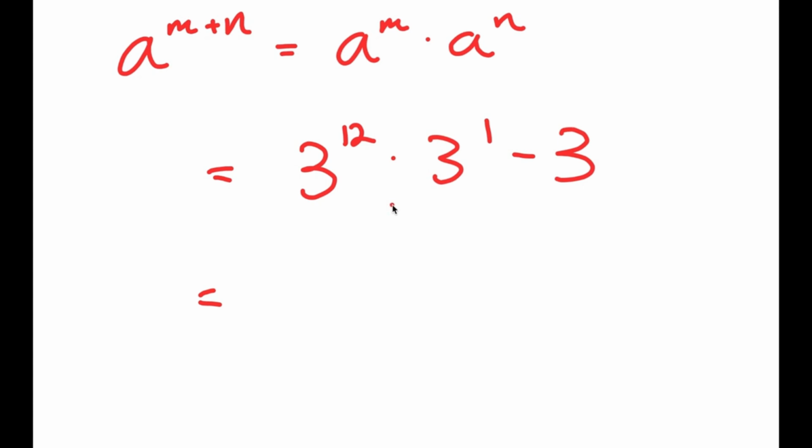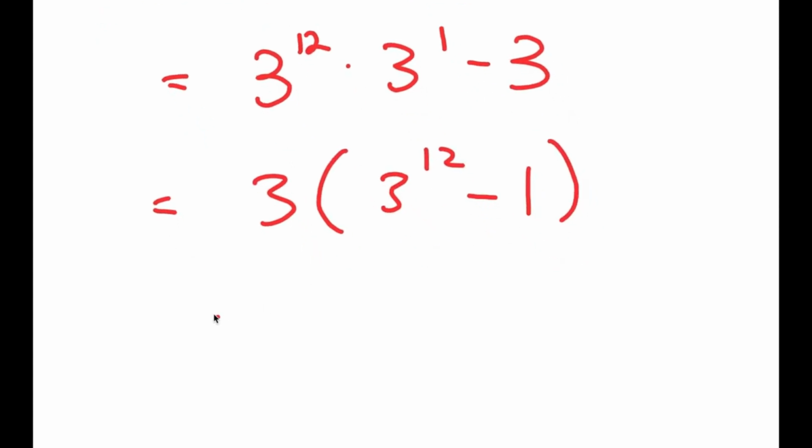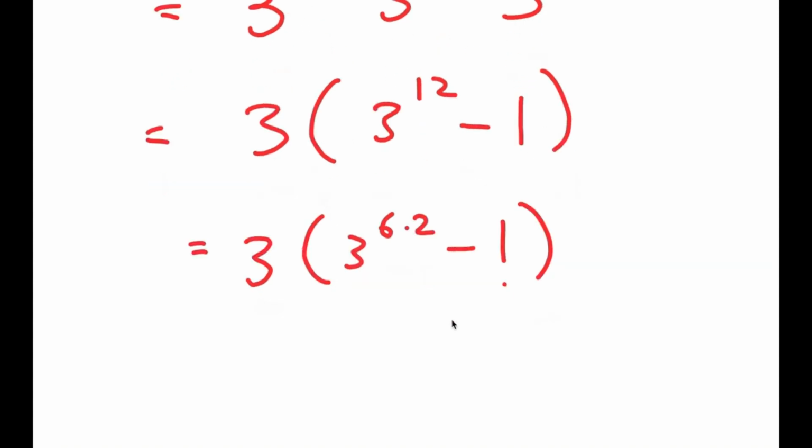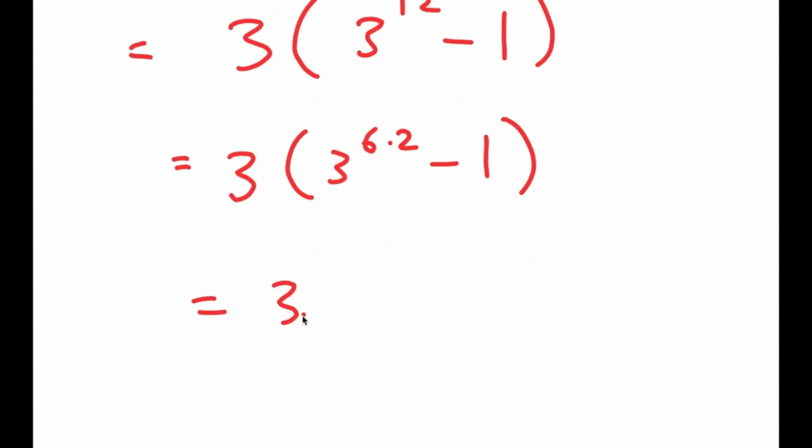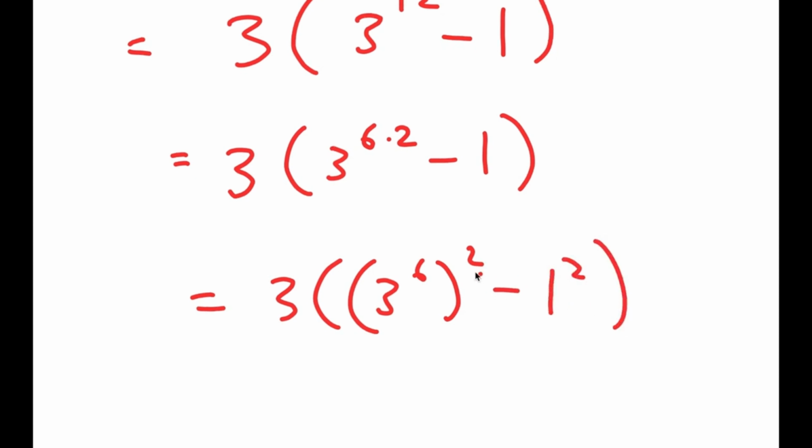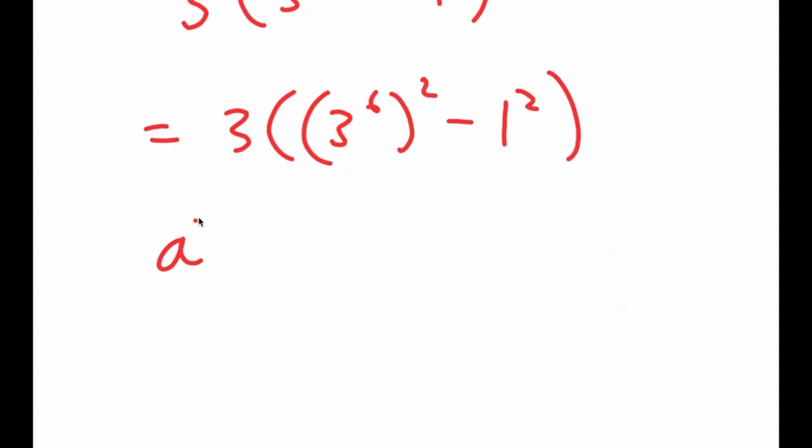And from here, I can factor out 3. So I get 3 times 3 to the power of 12 minus 1. Now 3 to the power of 12, I'm going to rewrite as 3 to the power of 6 times 2. And that's equal to 3 times 3 to the power of 6 to the power of 2 minus 1 squared. And I'm writing this like this because now I can use the property a squared minus b squared is equal to a plus b